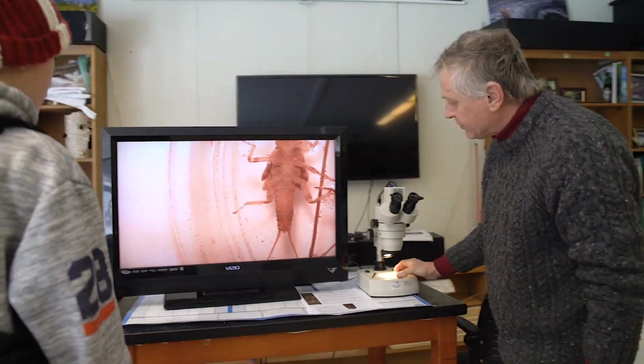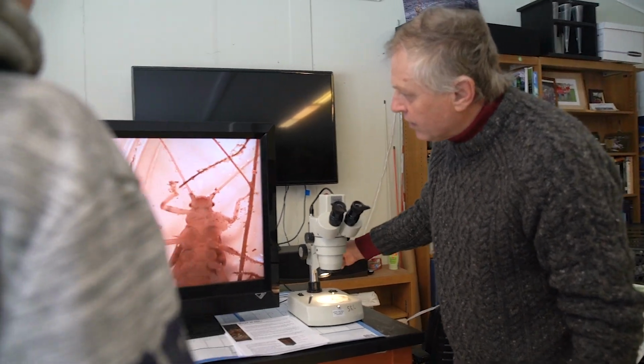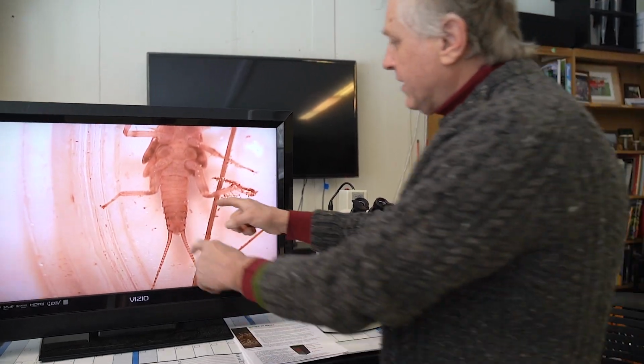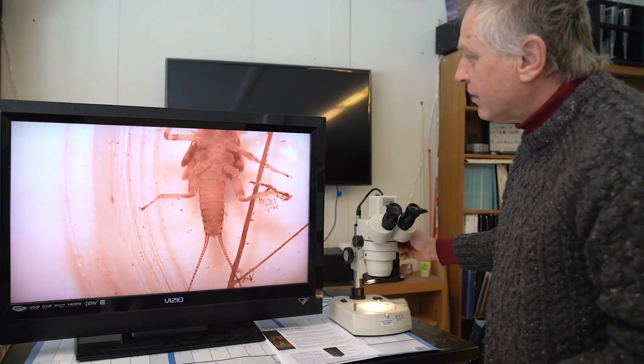the current. First thing you look at him, say, all right, he might be a stonefly, might be a mayfly, what is he? First thing you do is you look at his feet. He's got 2 claws on each foot. If it's a mayfly, they tend to have gills running down the side of their abdomen. Stoneflies usually have gills up